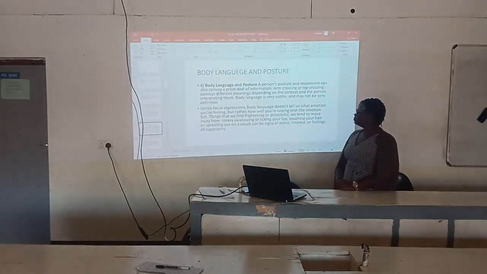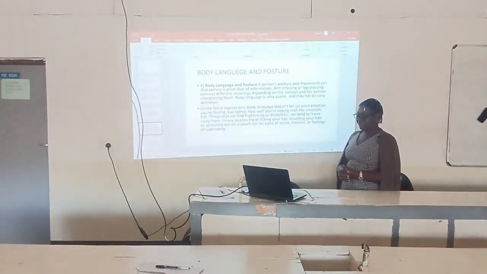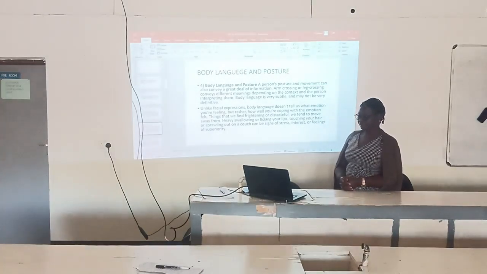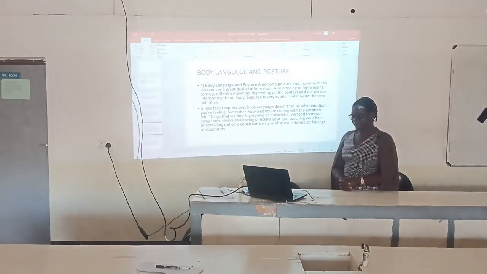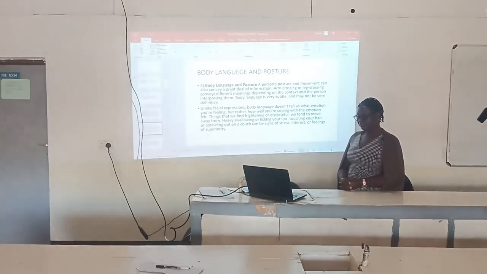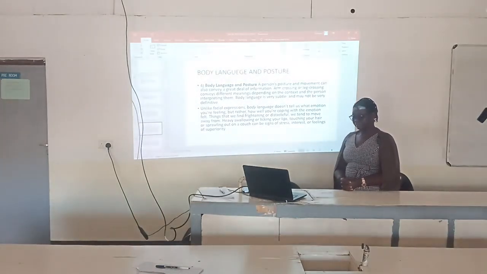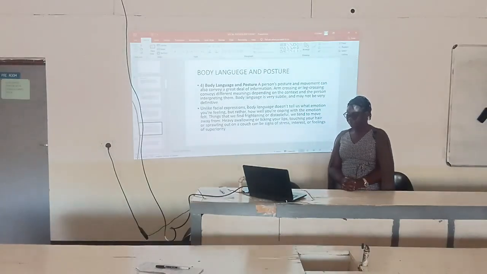So, on body language and posture. Yes, read. A person's posture and movement can also convey a great deal of information. Arm crossing or leg crossing conveys different meanings. Body language is very subtle and may not